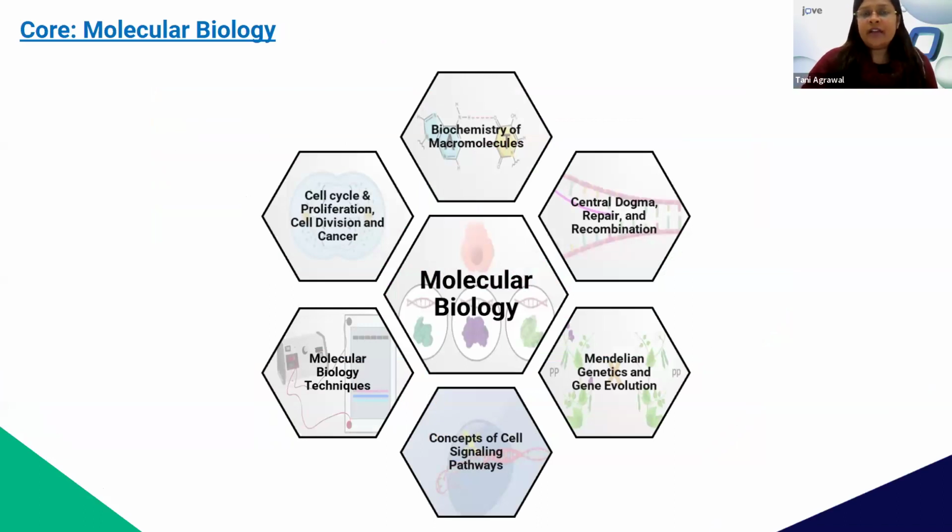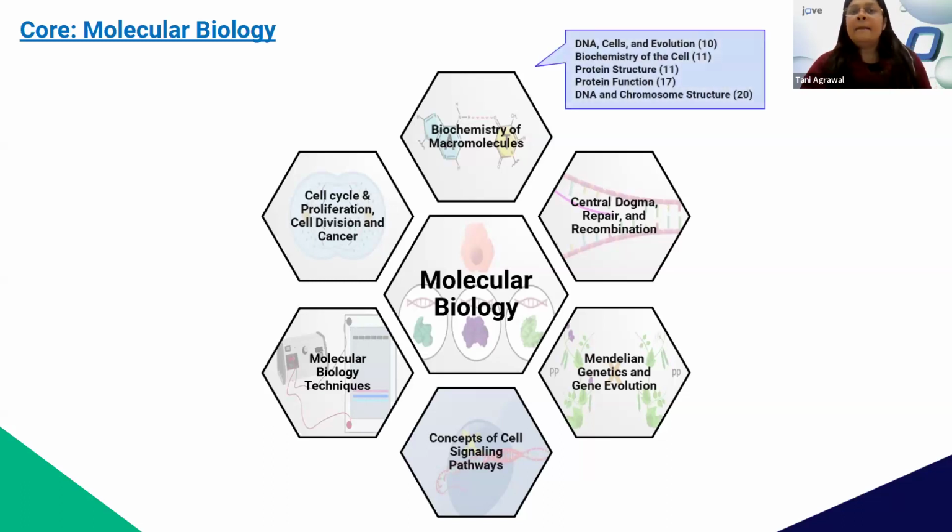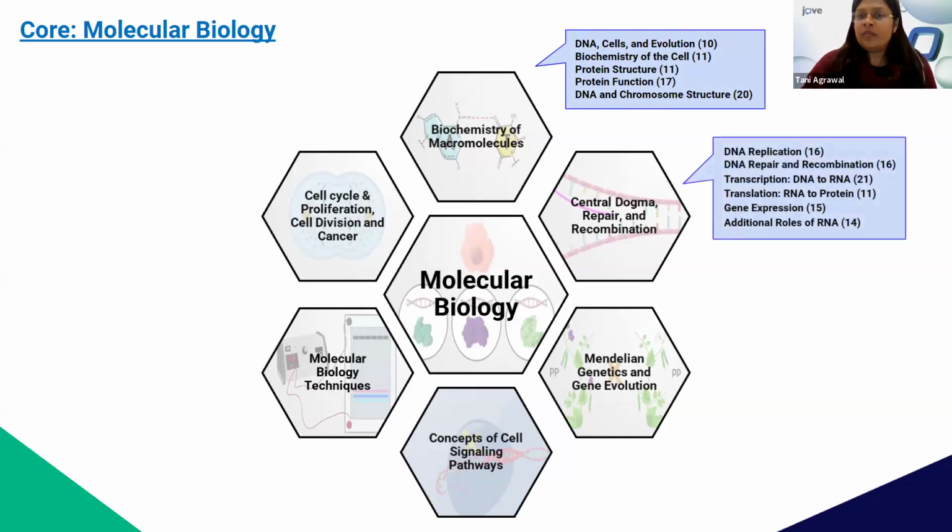So as already mentioned, we have 20 chapters. For ease of understanding, we have subdivided these 20 chapters into 6 different sections according to the themes in molecular biology. The first one is biochemistry of macromolecules, which covers concepts in biochemistry as well as structures of macromolecules like DNA, RNA, and protein, as well as chromosome packing. Next, we have a section on the central dogma, which comprises videos on DNA replication, repair and